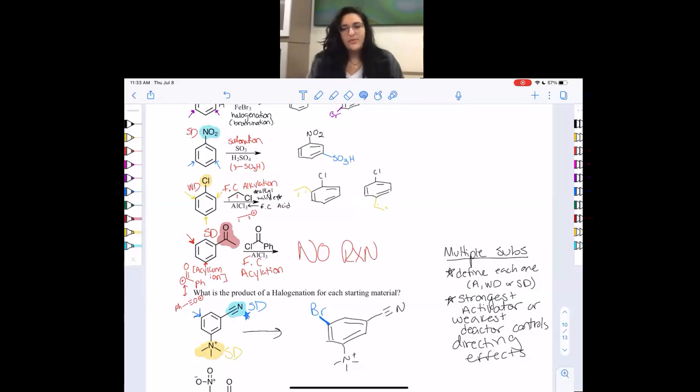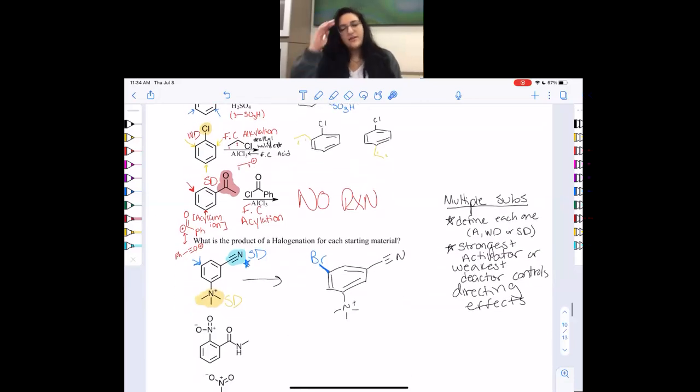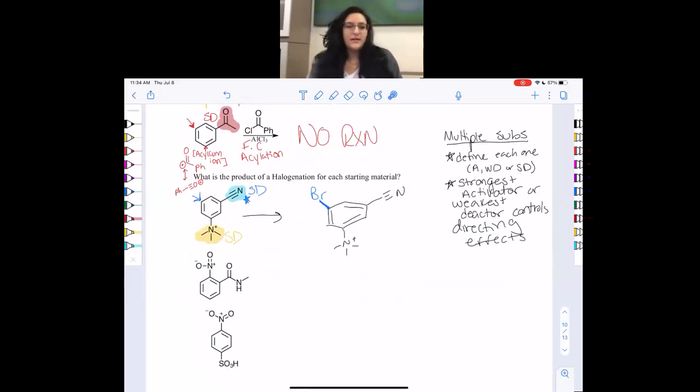So just to recap what we did last time in chapter 15, we looked at these second substitutions where we have one substituent on the ring, and we looked at the directing effects, things like that. And then we finished off doing multiple substitutions. So we have two things on the ring and we have to figure out which one directs